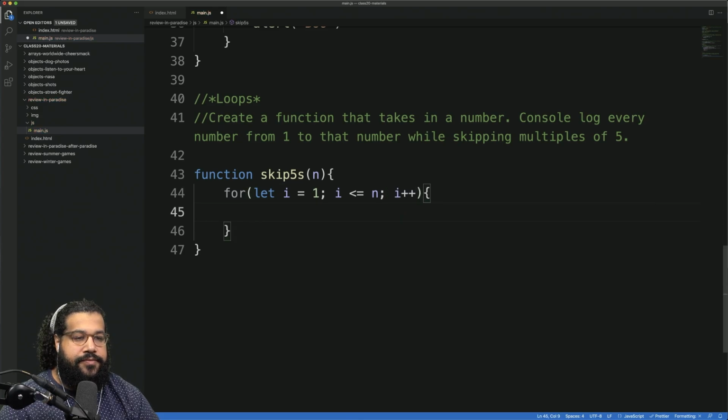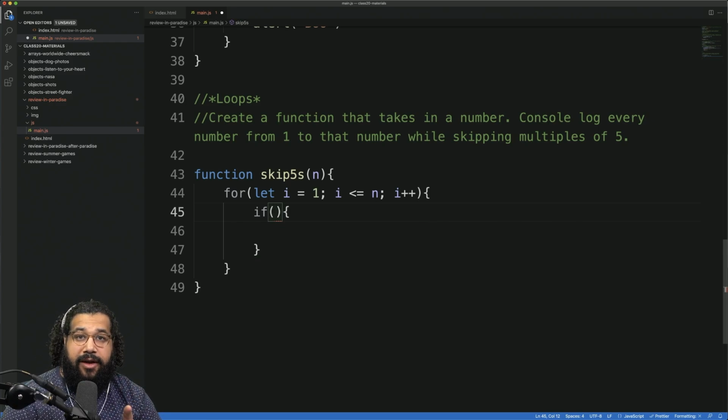And then what we want to do is we want to check: is the number divisible by 5? Well, is the number not divisible by 5? So let's say not divisible by 5. So we can say i mod 5 does not